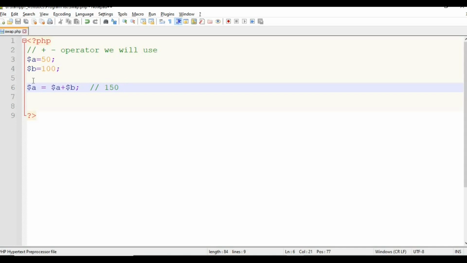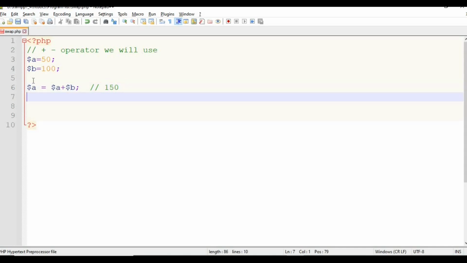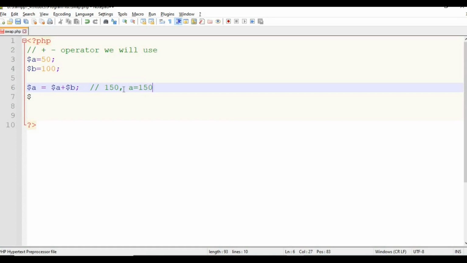This is just a hand run of the program before executing it on the server. Now a becomes 150.